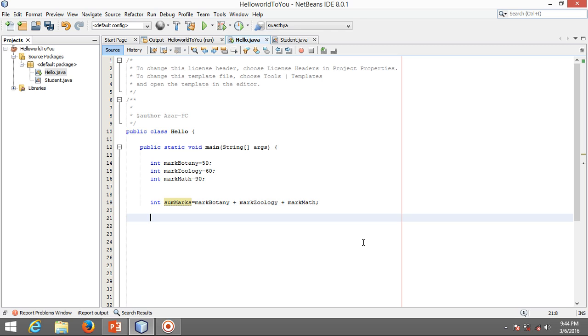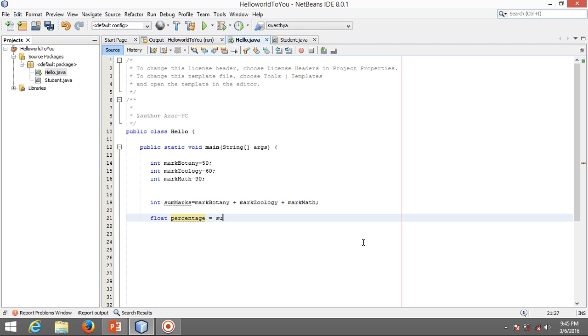Since the percentage may be a decimal number, we are going to create a float type. Remember, float and double are used to hold data of decimal types. So we have used this float data type, and the variable name is percentage.